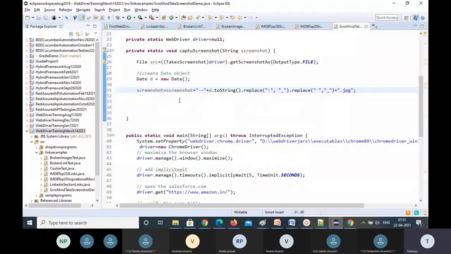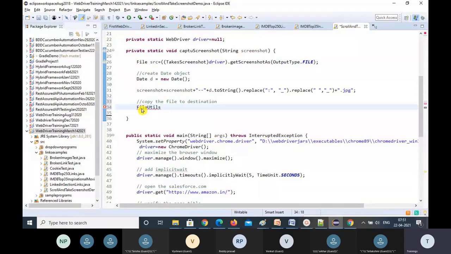Then this screenshot we need to copy. I'm going to copy the file to the destination. This is the source, and I need to copy it to the destination. For that we are going to use the FileUtils class.